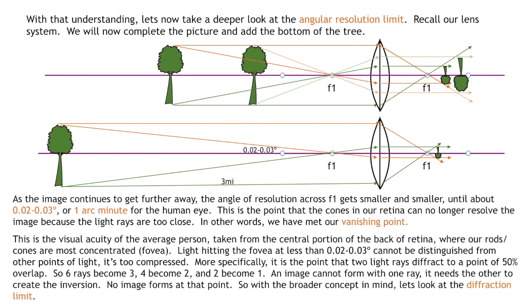So with that understanding, let's now take a deeper look at the angular resolution limit. Recall that we have a lens system, and we will now complete that picture and add the bottom of the tree. So before we were just looking at two rays of light coming off the top of the tree. We're now going to put the bottom of the tree on, and we'll look at the two rays coming off the bottom,